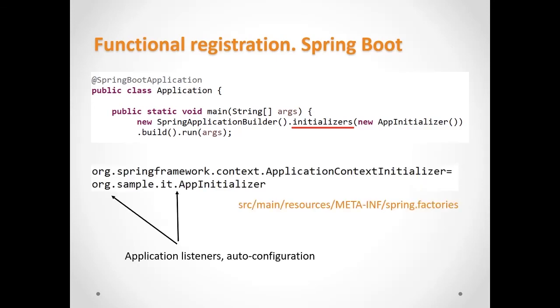Or another approach, there is a special file called Spring Factories, and you should put all your application context initializers there, and when Spring Boot is starting, it will load this file, find all these initializers, and load your